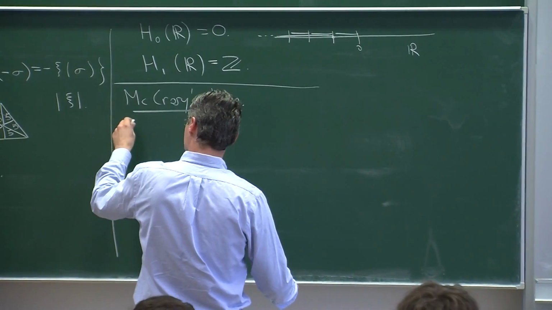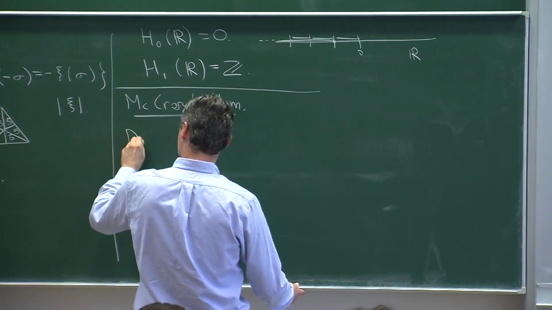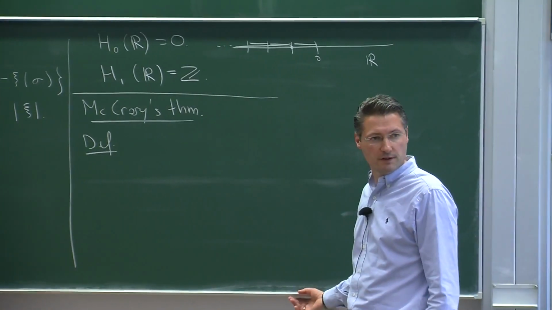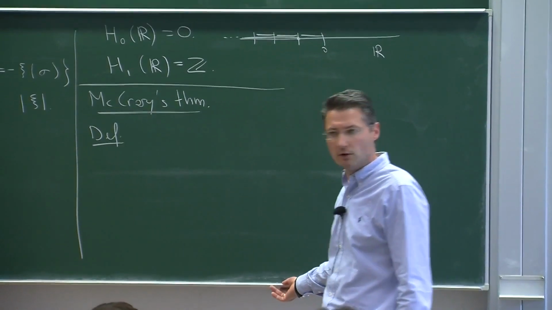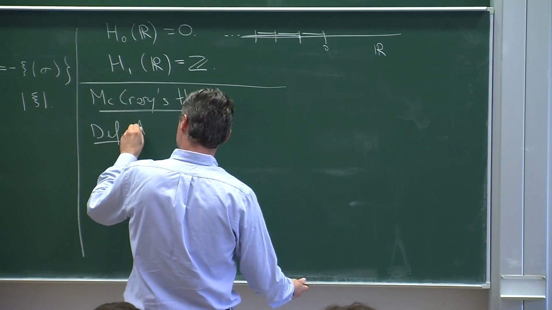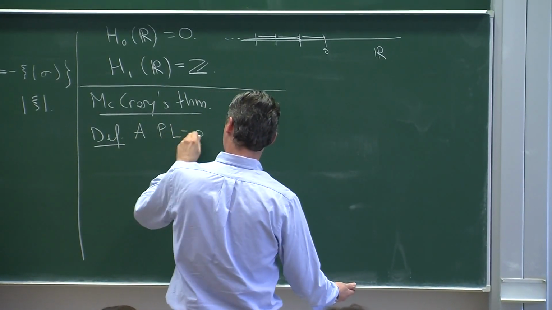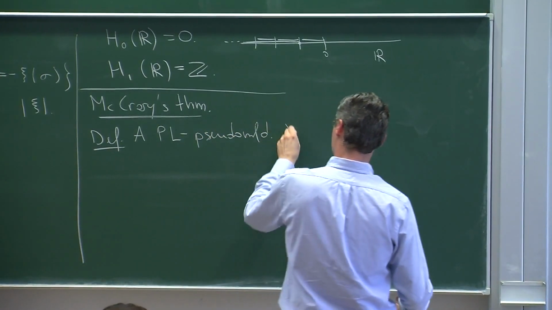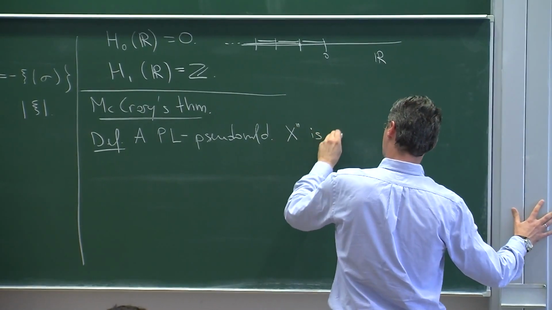So before I do that, we should maybe define what an orientable pseudomanifold is. It's not quite evident. You can't do it in terms of a tangent bundle and so on. But you can simply say the following. A PL pseudomanifold X^n is orientable